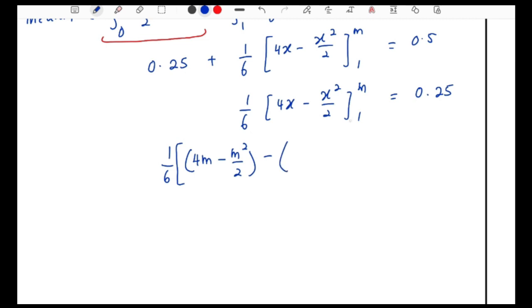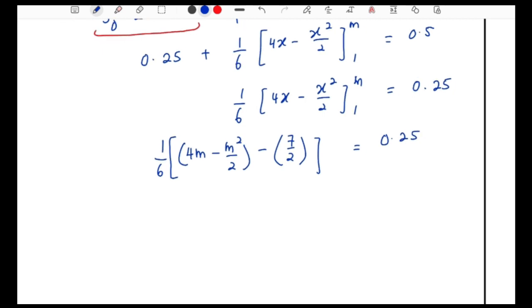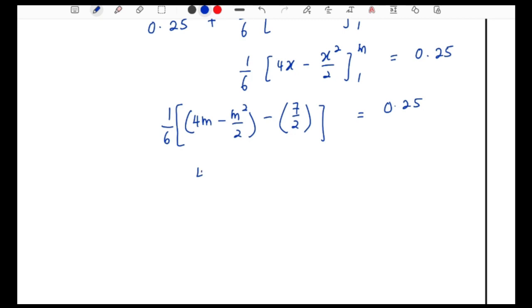Substitute the E1 will give us 7 over 2, 0.25. And then we're going to find the values of m. Six multiply with 0.25, 3 over 2, and then multiply everything by 2